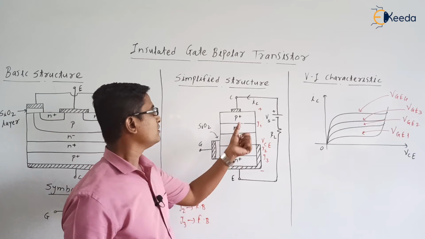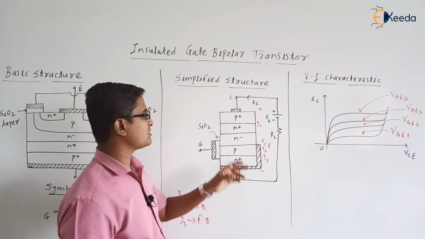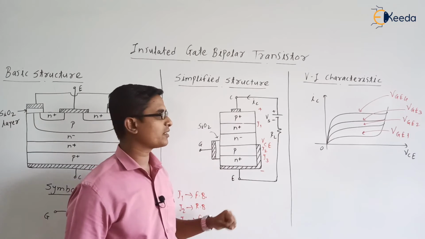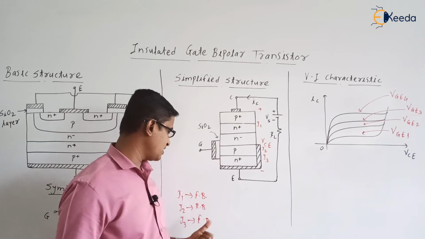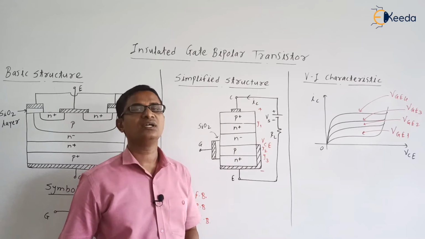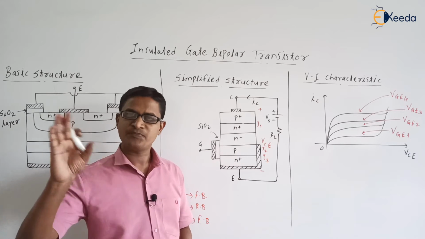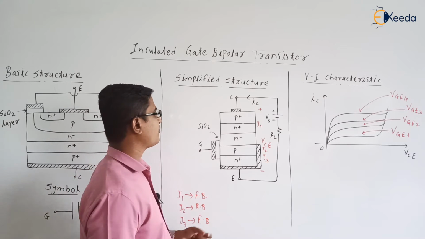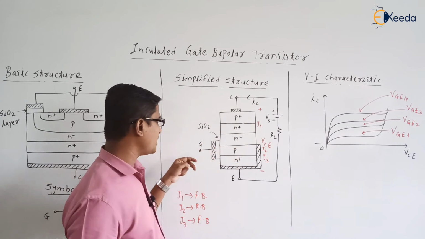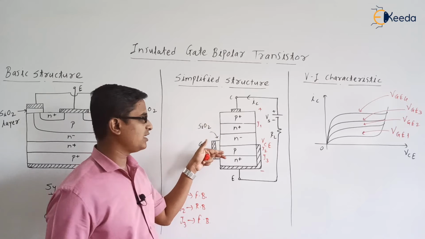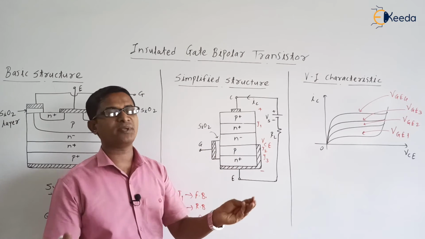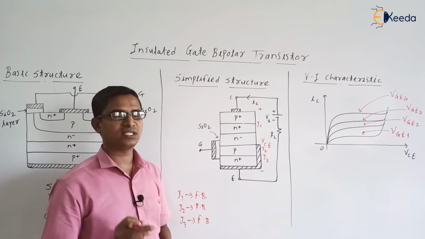So when the IGBT is in forward bias mode, that is, the collector is more positive than the emitter, junctions J1 and J3 will be in forward bias mode and junction J2 is in reverse bias mode. It is similar to that of the SCR. Next, if we go on increasing the voltage, the width of the depletion layer across junctions J1 and J3 goes on decreasing, but the width of the depletion layer across junction J2 is still increasing.